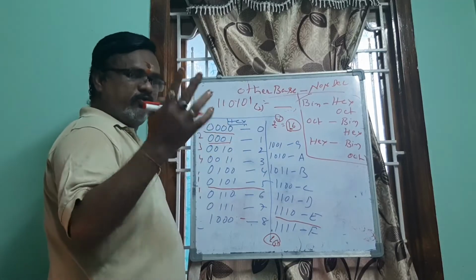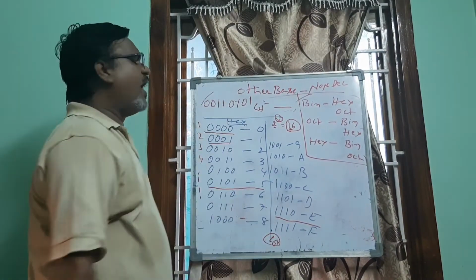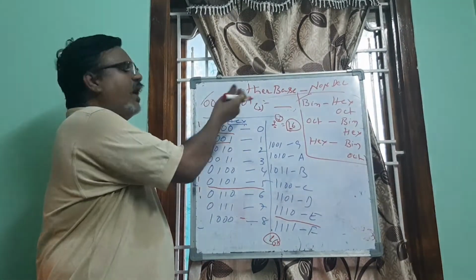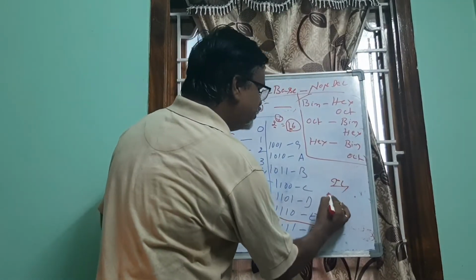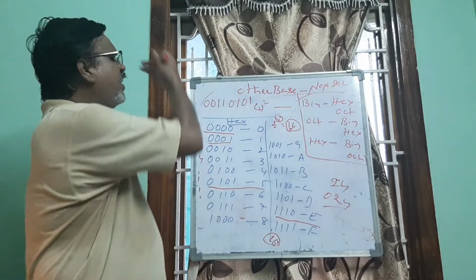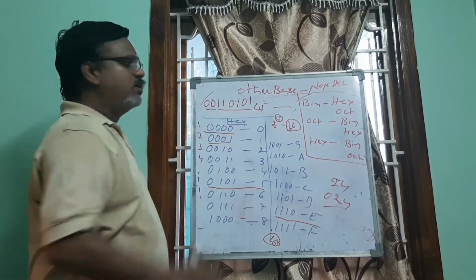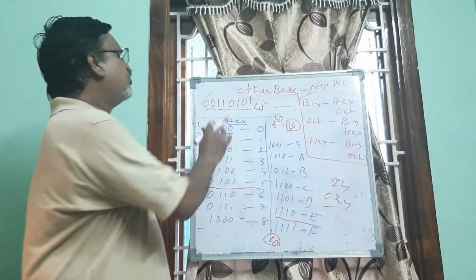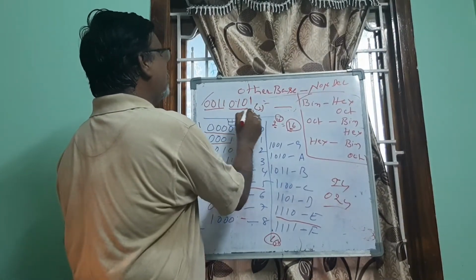Because 2 fours means 8, we need 12 bits. So you can pad with 2 zeros on the left, the MSB side, where the value doesn't change. You know very well, 24 is nothing but 024. Is there any value change? No. In the same way, for binary 110101, you can put 2 more zeros on the MSB side, and its value doesn't change. After making it like this, you can group them as 4 bits.